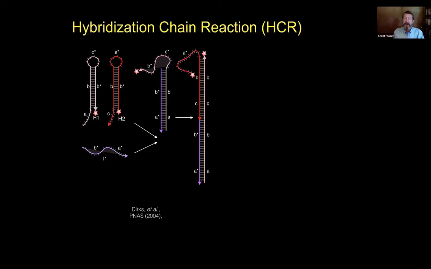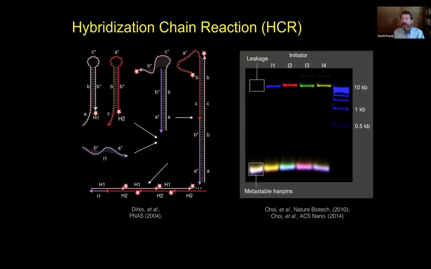And so what we end up with now is something that regenerates A star B star, and that can grow explosively. It grows explosively to about a 200-mer,